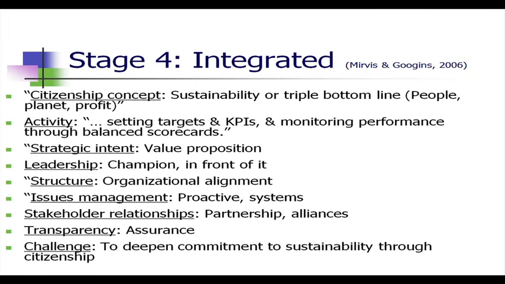Then the activity here, or the kinds of things that organizations do at this stage, are setting targets and key performance indicators. KPI stands for key performance indicator. So you set targets and key performance indicators and monitor performance through balanced scorecards. We had a brief overview of balanced scorecards. I wish I could give you all the detail, but you can find a lot more detail about KPIs and balanced scorecards in the course on human resource management. It's called Principles of Human Resource Management, and that is another course that was offered through the NPTEL forum some time back. So I believe the material is all out there, so you can go through that. Anyway,